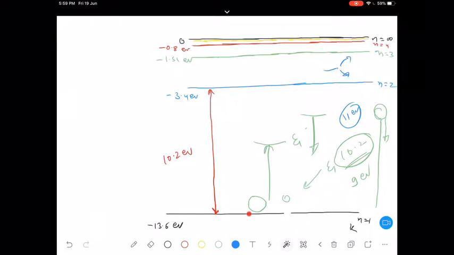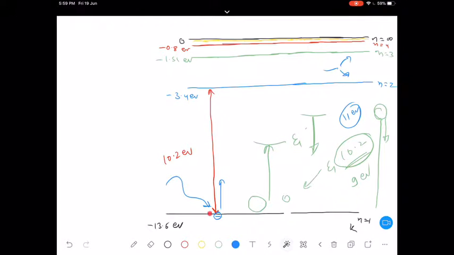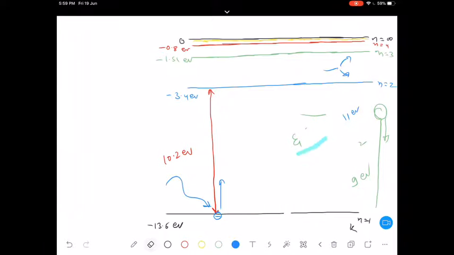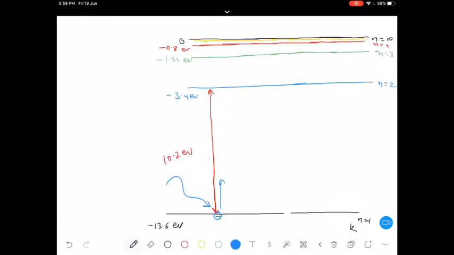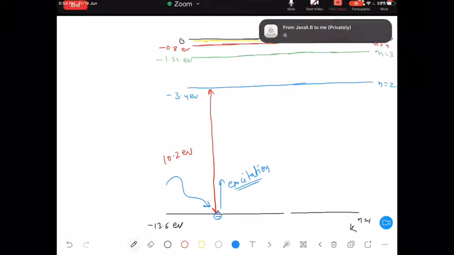It will get excited, right? Now this electron present here will absorb some energy and reach a higher energy level orbit. This is the lower energy level orbit, and by absorbing this energy it will reach the higher energy level orbit. Similarly, if I just clean this whole part, this phenomenon I can write here is called excitation.